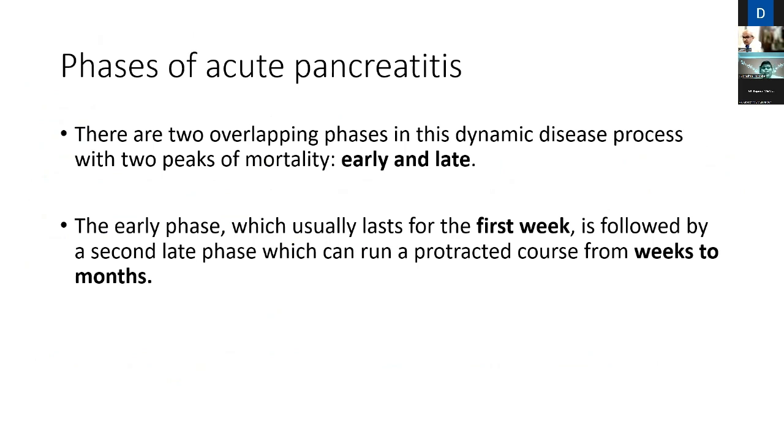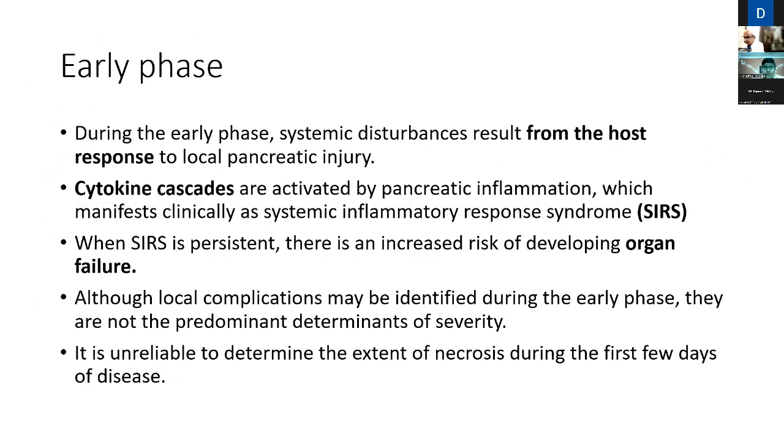So, what are the phases of acute pancreatitis? There are two overlapping phases in a dynamic process, early and late. The early phase usually lasts for the first week, and it is followed by the late phase, which usually lasts 4 weeks to a month. So in the early phase,